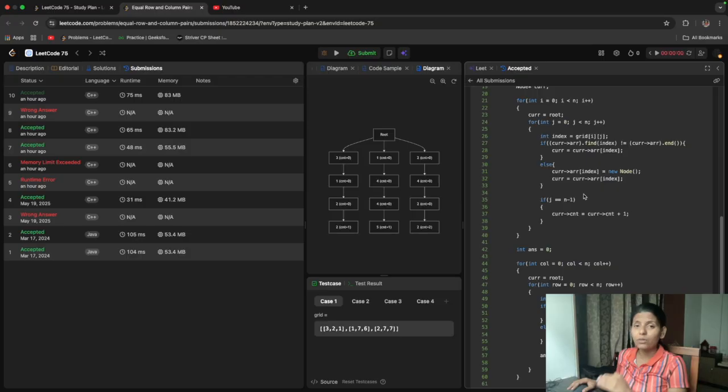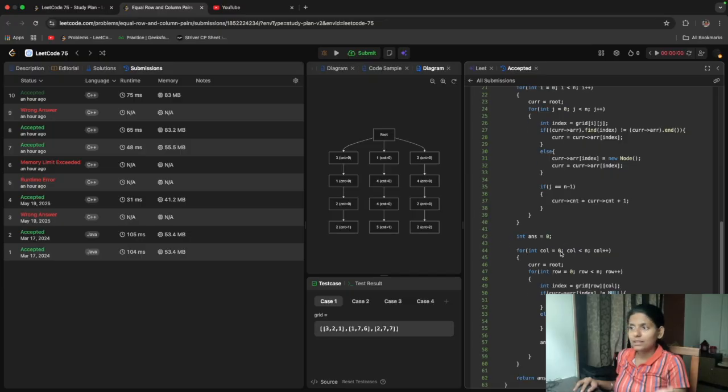Instead of increasing count at every node, increase it at the last only, because I want to check every row. I don't want to just check a prefix. I want to check complete row and complete column. So that's why I increase it at last.